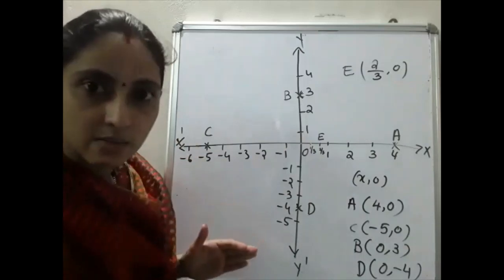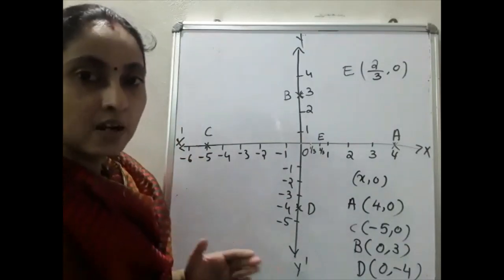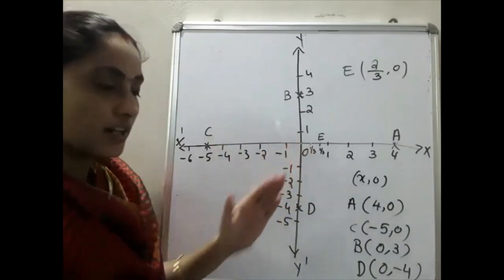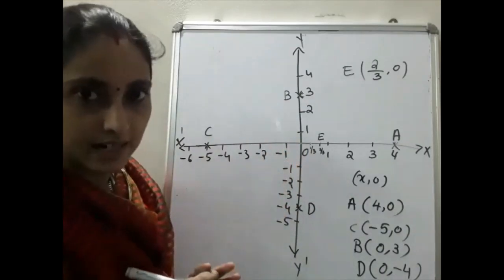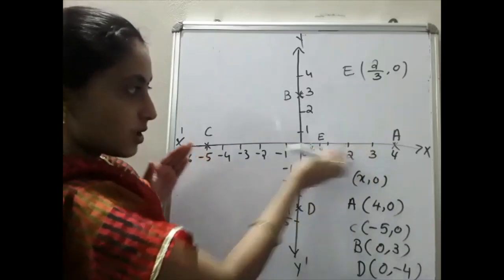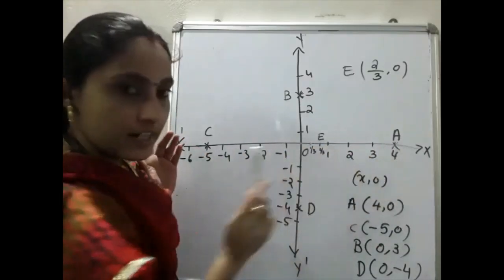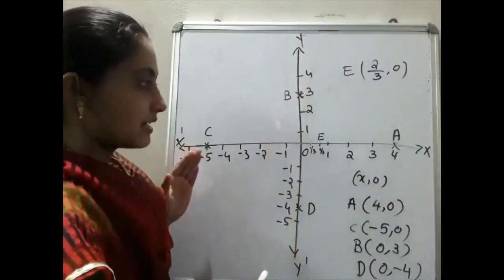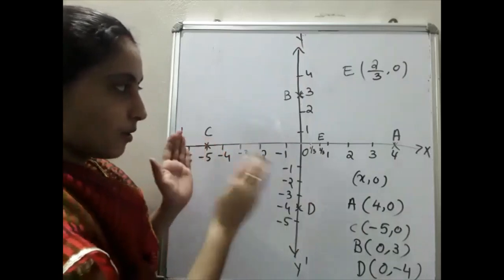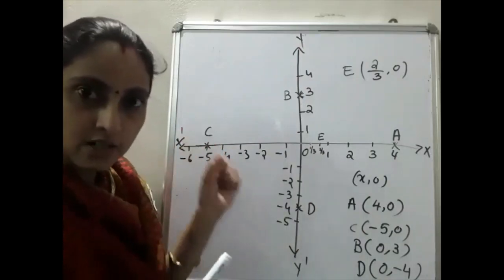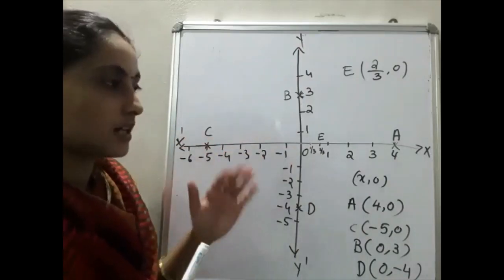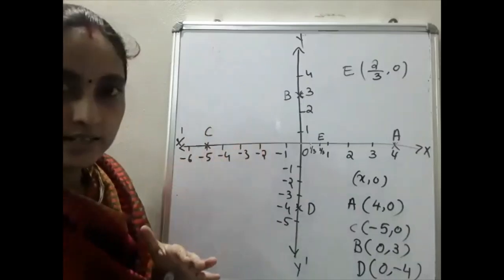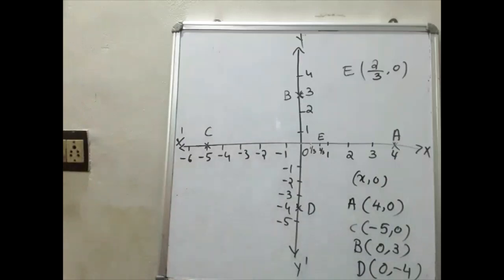Any real number you can take. Either it may be a fraction or negative numbers or anything, you can represent it in the coordinate plane. That's all, because there are so many numbers. This is already a real number line, as I said at the start of the class. This is also a number line, so both are number lines. So negative numbers, fractions, all the integers come under this Cartesian plane. Hope you are clear on this question. Then we'll move to the next one. Please do it.